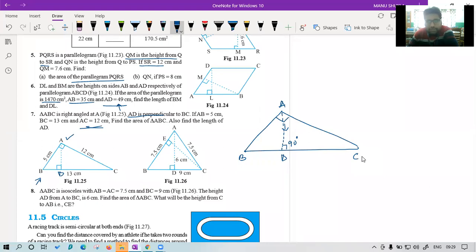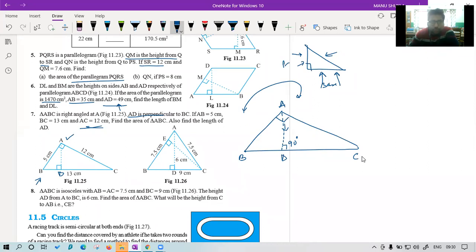Now they are saying, sir, can we take AB as base? You can take. Actually, this base and perpendicular can be exchanged with each other. That is not a problem. If I say this is a triangle, suppose this can be base and this can be perpendicular, or this can be perpendicular and this can be base. Both are correct. No issue. But the hypotenuse is fixed. The longest side is hypotenuse. Sir, but we generally take AD as perpendicular. Yes, but generally we take that.